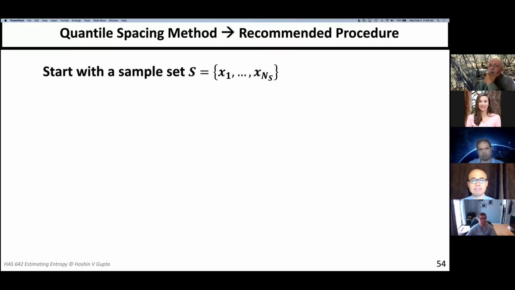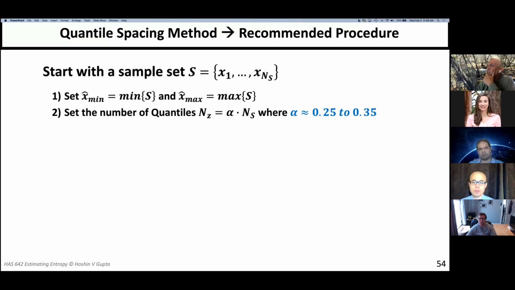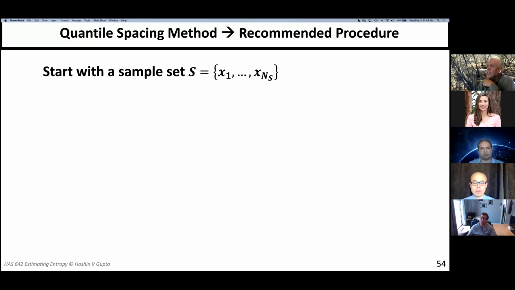So here's the recommended procedure. Start with your sample set. Choose Xmin and Xmax as the minimum and maximum of the sample. Set the number of quantiles to be some alpha times the sample size, where alpha is somewhere in the region of 0.25 to 0.35. Let me just go back